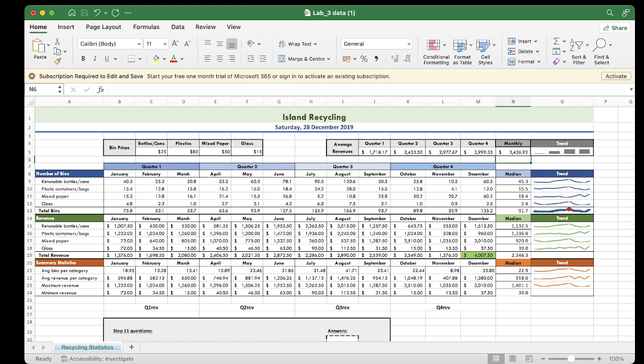So here we are. Let's look at the next question. I think it's number 10 now. Now, apply a new conditional formatting rule to the range J5 to M5 using one of the